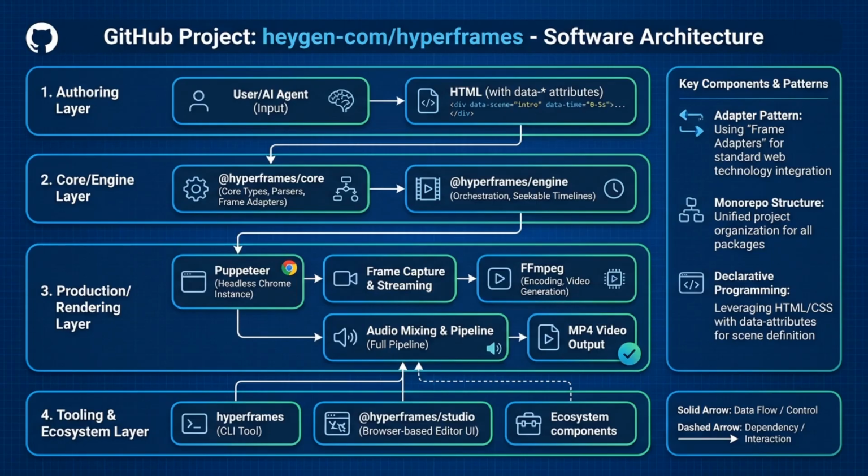At its core, HyperFrames orchestrates a pipeline using two main tools, Headless Chrome and the video processing powerhouse, FFmpeg. The key innovation here is achieving what's called deterministic rendering. That just means the rendering is perfectly repeatable every single time. Now, instead of relying on a browser's internal clock for animations, which can be inconsistent, HyperFrames implements something it calls